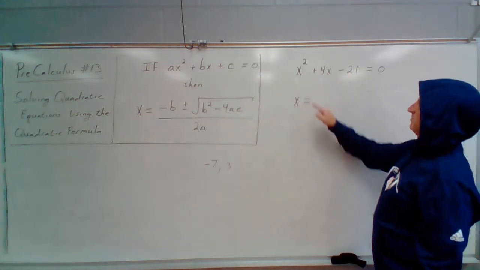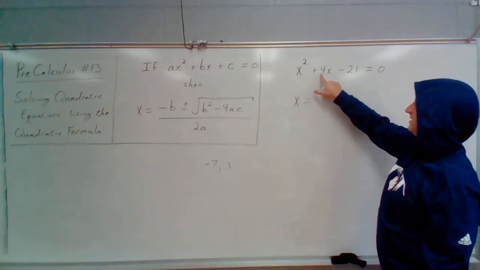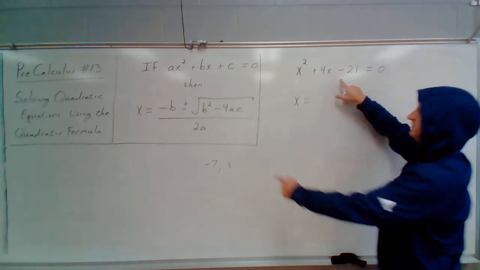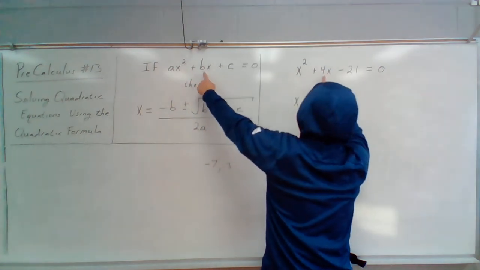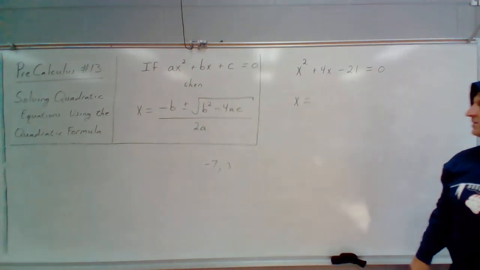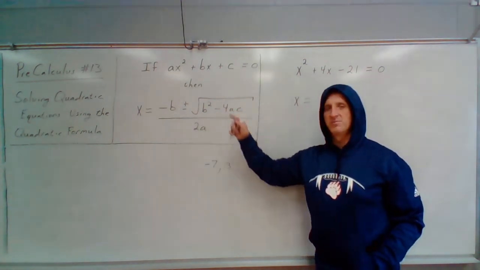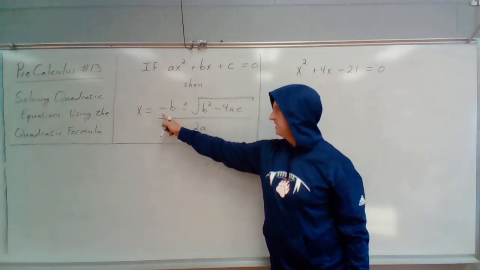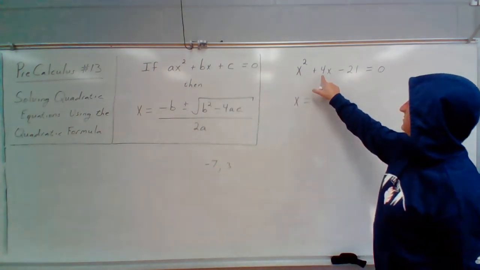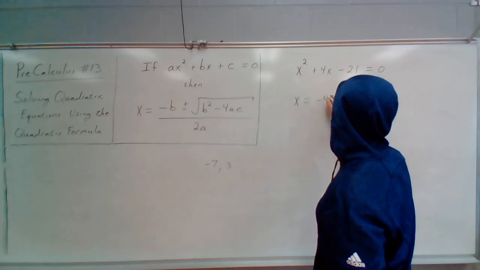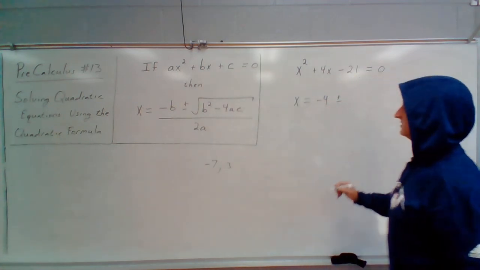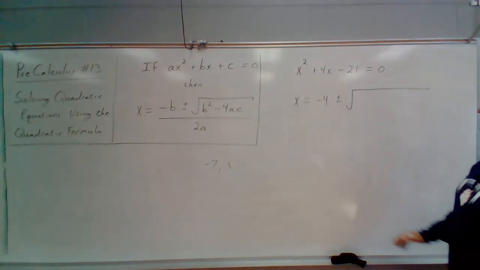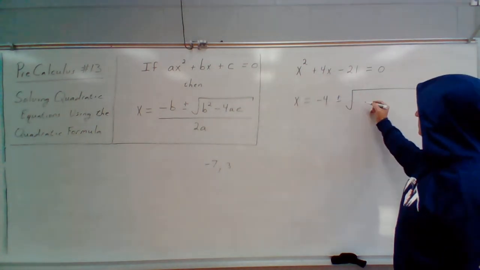All right, so my A is 1, my B is 4, and my C is negative 21. So all I have to do is plug in the numbers. x equals the opposite of B, so negative B. My B was 4, so that'll be negative 4, plus or minus the square root of B squared. B squared would be 16